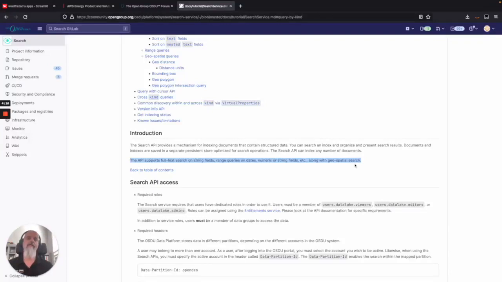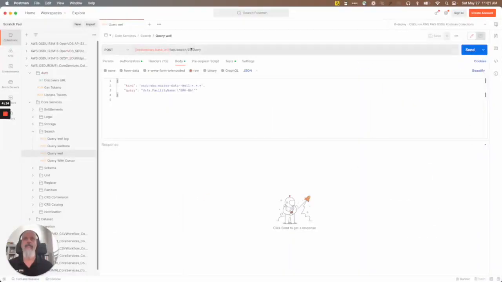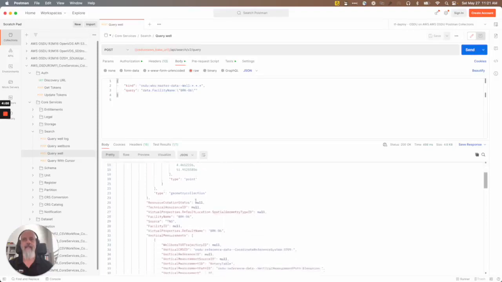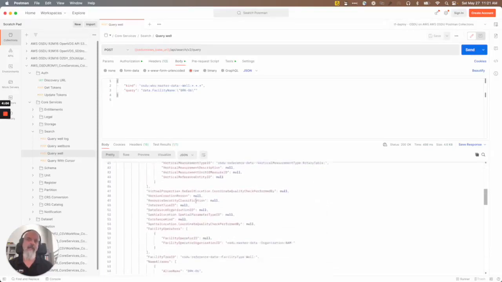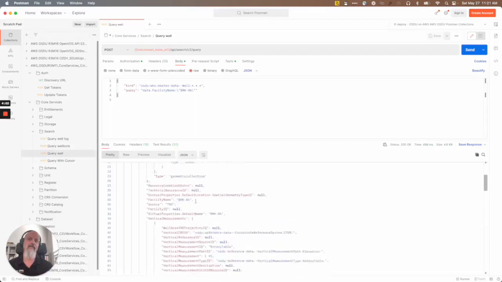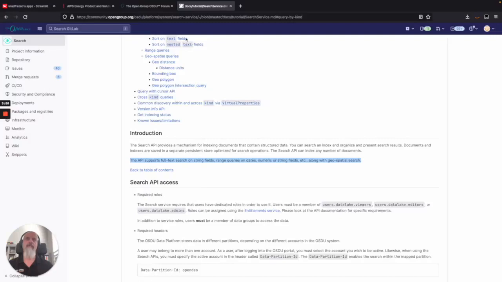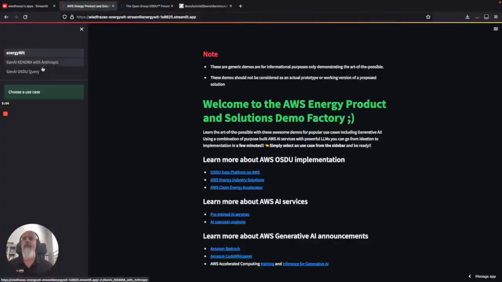So let me show you one traditional way, right? The way of calling the API, where you just call the API and pass a query for it, and you get the output. If you look at the output here, it might not be as easy to read as some people might want. So there's another way of doing that, which is by using a natural language model-based system. So that's what I'll show you right now.